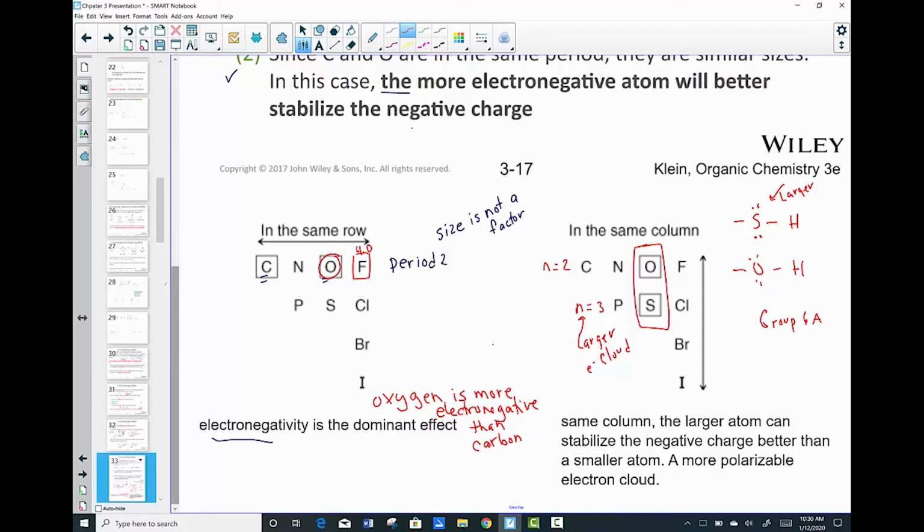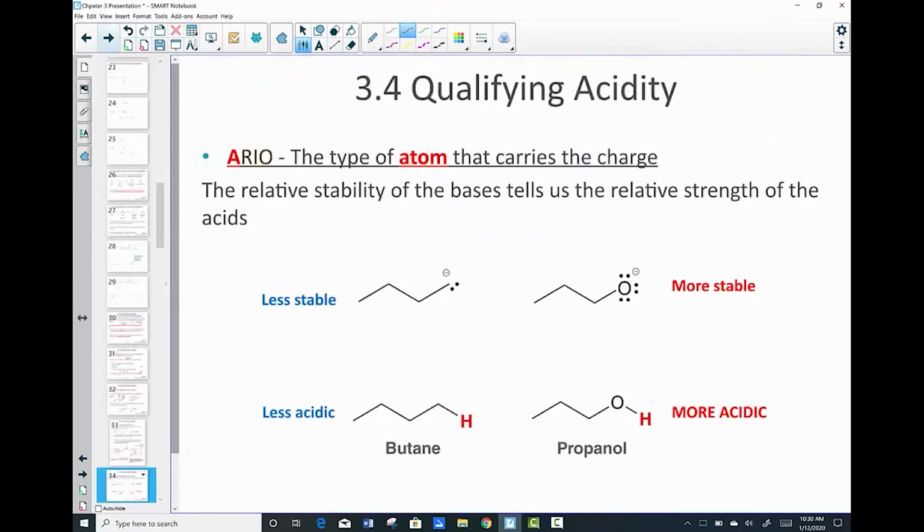So in the same row, the more electronegative element will be able to stabilize the negative charge better. In the same group, the same column, you want to pick the larger atom to help stabilize the electron charge. And so putting that together, ultimately we were asked which one was the stronger acid. Because the oxygen was more electronegative, it was able to stabilize the negative charge